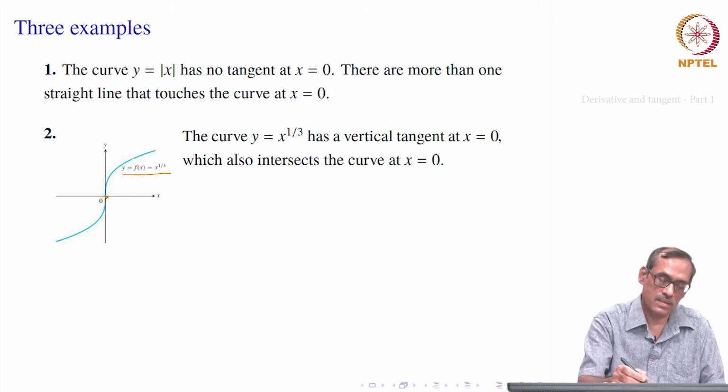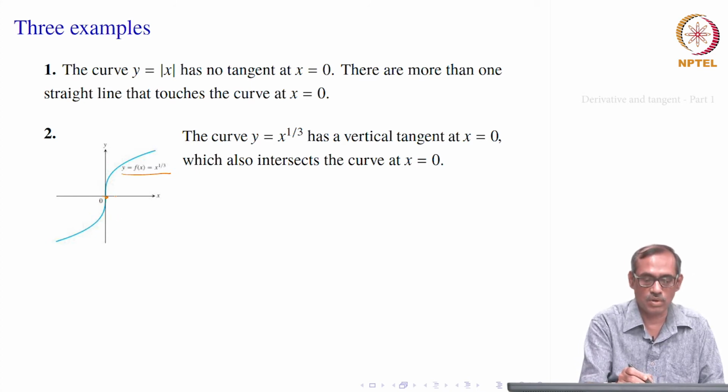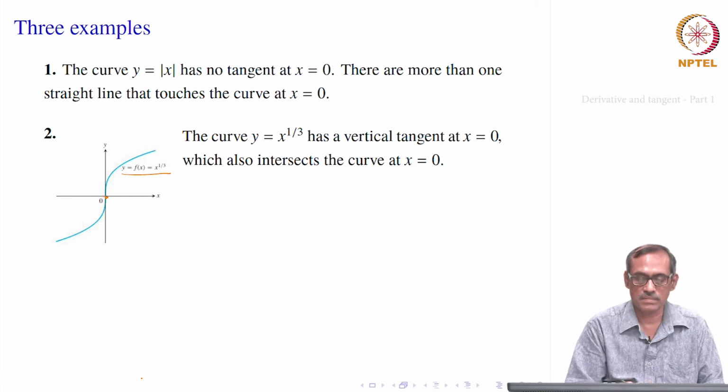But here you see the tangent itself intersects the curve. If you look at the upper side, it is touching, the downside also it is touching, and if you vary the slope a little bit, it will cross in 2 points. So, it satisfies our notion of the tangent, that it has only one point common with this, and it is a unique straight line that happens. Other straight lines will cross the curve at 2 points or may not have a common point with the curve. So, this is a tangent.